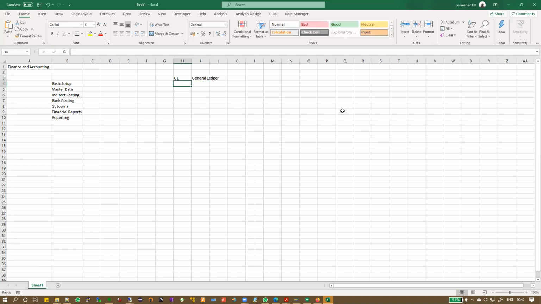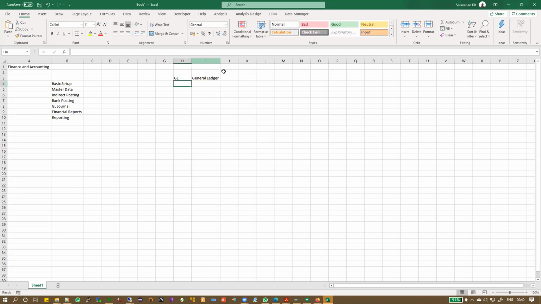It's basically an account or a ledger or a book, a cash book, anything. This is an account in which you're going to have the postings. Then you are going to have debit and credit. I'll tell you what debit and credit are, and then we are also going to have other dimensions. We will talk about that.